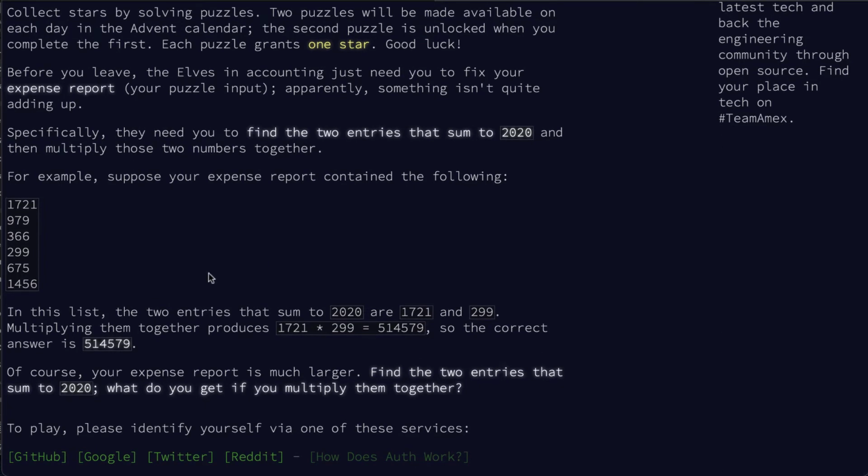They give you this example of 6 numbers, and you need to figure out which two, when you add them together, add up to 2020. When you find them, you need to multiply them together, and that is your answer that you submit into the